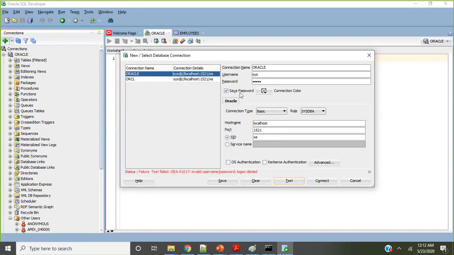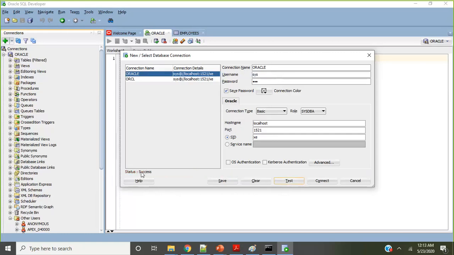And this is a problem. Just assume the password is correct and you put in some new user, let's say ABC. Now test it. Now it's saying insufficient privileges. So what does it mean? Oracle is thinking they have a new user called ABC, who doesn't have privileges to access the database. So be careful, you have to look at the error message properly, which error it is. Now test it, see, success.